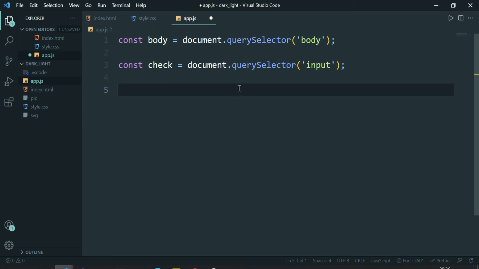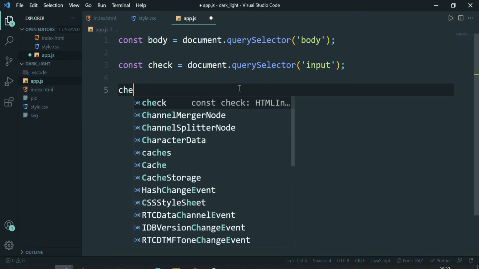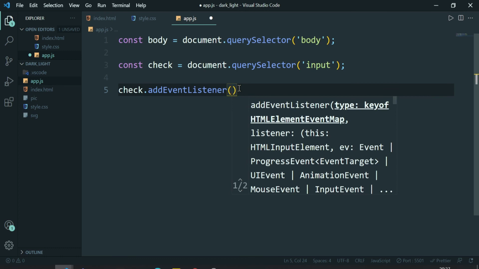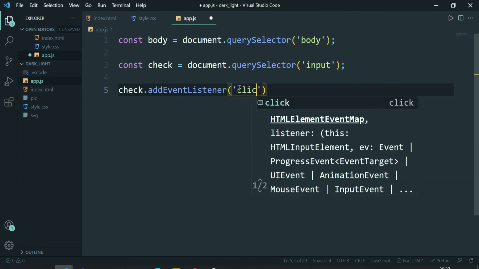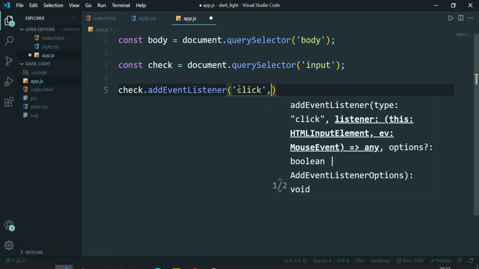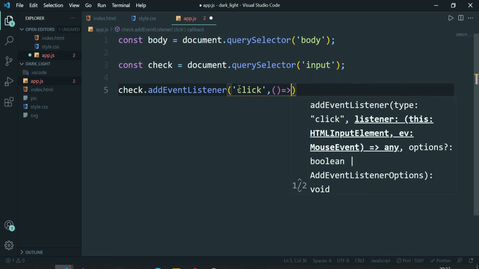So to make it more efficient, we will be using addEventListener basically, and this will be performing the task when the button is checked or unchecked. It will see whether our checkbox is checked or unchecked. So we will be adding an event listener to the button, and here we will be saying, okay, if we click the button, then call this function. It's a pure function.